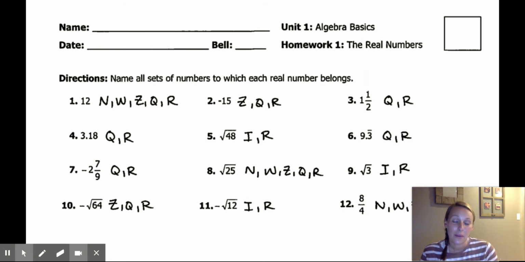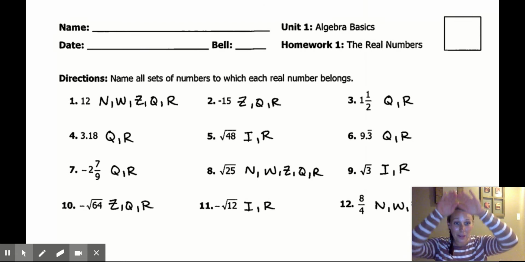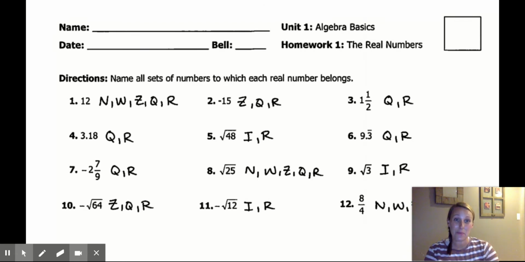I want you to notice something: all of these I have labeled with the letter R because they are all real numbers. Remember, real numbers are the biggest umbrella that all rational and irrational numbers are classified under. For the purpose of correcting, if you didn't put R, that's okay, because all of these are real numbers. Maybe make yourself a little note. But as you're correcting, give yourself credit as long as you had the rest of the classifications.